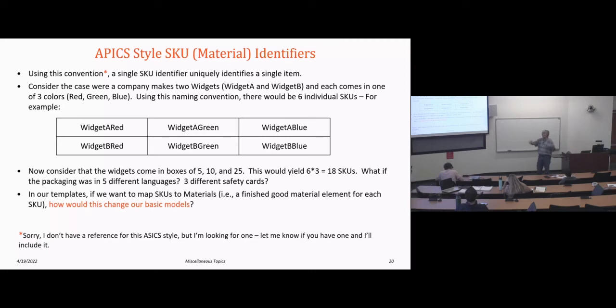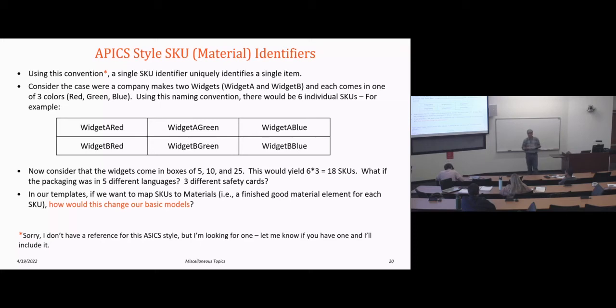And that violates something called APICS style, American Production and Inventory Control Society, something like that. Their standard basically says you have to have a unique identifier. So I need to be able to uniquely identify things with the SKU. What we called module A, we could implement by saying module A blue, module A green, module A red, right? And so you just pin the information together so that I have this unique identifier. And having the unique identifier is really important when you're reading information in from